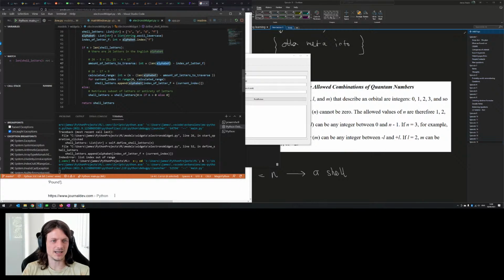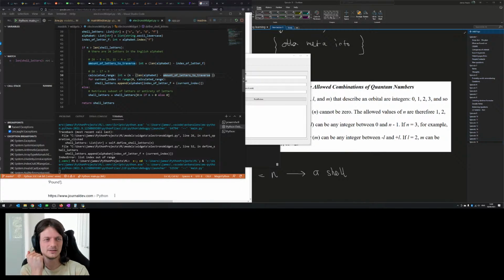The amount of letters to traverse is the alphabet minus the index of letter F. The index of letter F is defined as the index of literally letter F. So it's the amount of letters to traverse, index of letter F. That will give us the amount left. If I did minus 5, then it's, sorry, if I did 5 and I had 17 left,